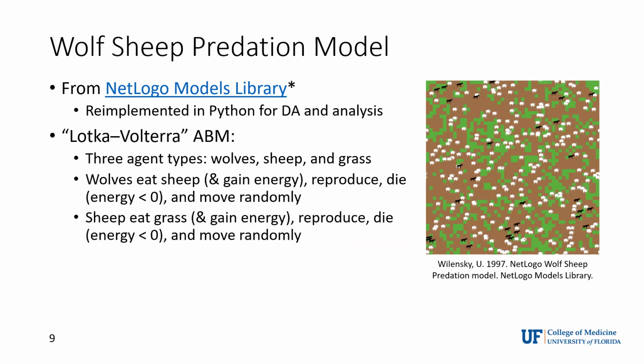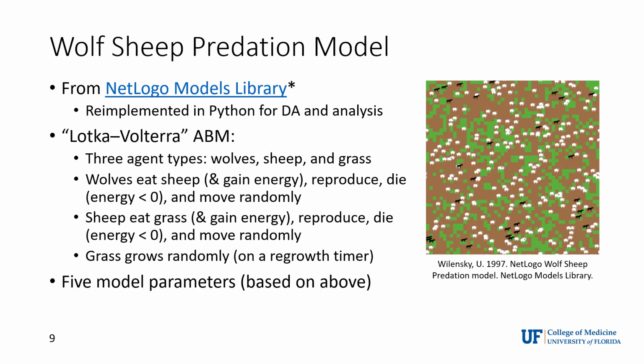And then the way that they interact with each other is sort of like this really simple example. The wolves eat the sheep, they gain energy, they can reproduce, they die if they have no energy, they move randomly. The sheep do the same thing, essentially by eating grass, and then the grass, which is these little green portions, grows randomly according to some regrowth timer. And what you'll see is when you track the microstate agents, which are the agent counts,